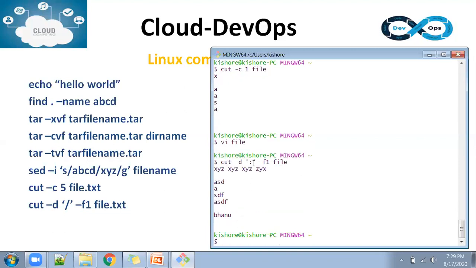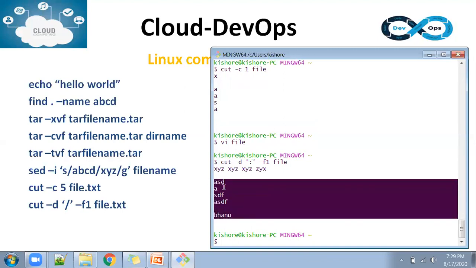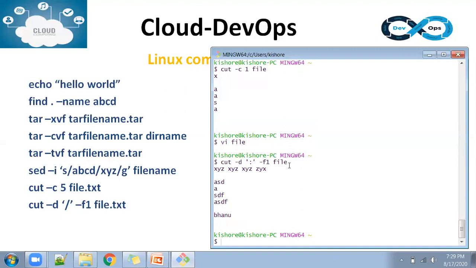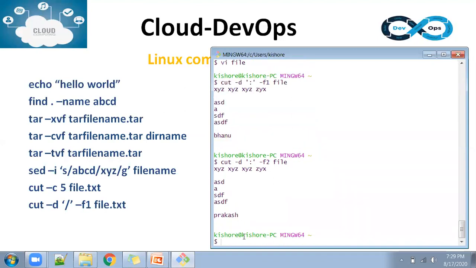If you see, a colon is there, and in front of the colon Banu is there, but in the other lines there is no colon, yet all those lines still come. So it printed Banu and the remaining content. If you select field 2, it will print the other characters, Prakash. Let me open the file, or I will print here.